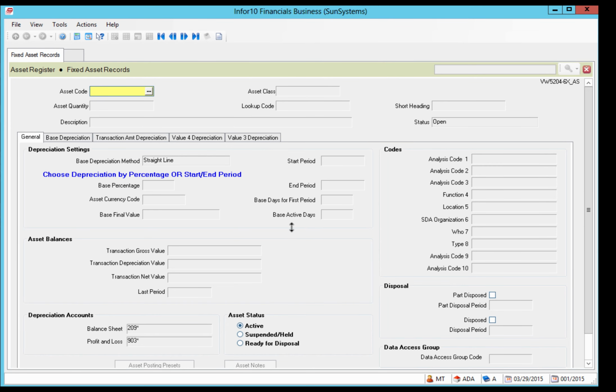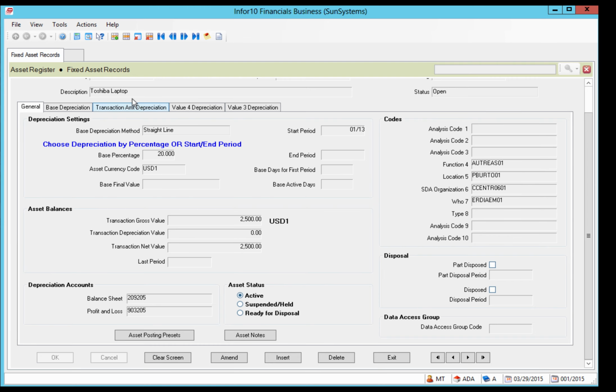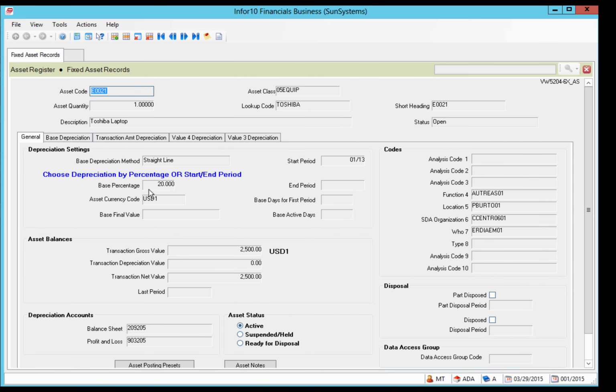Today's video is Introduction to Recording Depreciation. In our last video, we recorded the asset Equipment 021, E0021. It was a Toshiba laptop. We bought one of them, and we decided to depreciate it using the straight line method for 5 years, 20%